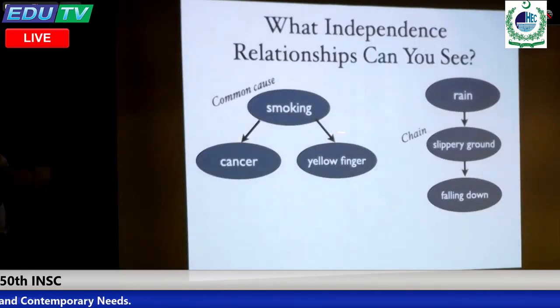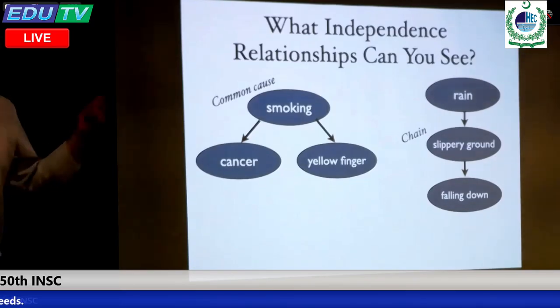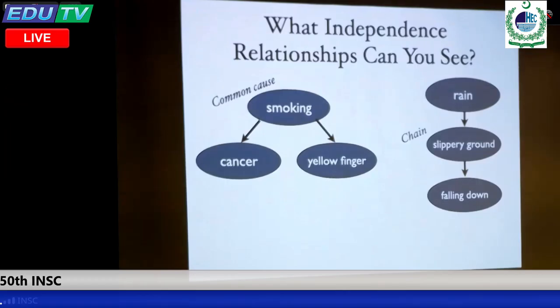Now, we are given two graphs. Consider each of them. What independence relationship can you see? Can you see any independence or conditional independence relationship? By the way, do you know conditional independence? Independence we know. X, Y are independent if the joint probability distribution is the same as the product of the marginals, right? In other words, if the conditional distribution of Y given X is the same as the marginal of Y, then they are independent, because knowing X does not contain any information about Y. And when we say X, Y are conditionally independent given Z, we mean for any fixed value of Z, X, Y are independent.